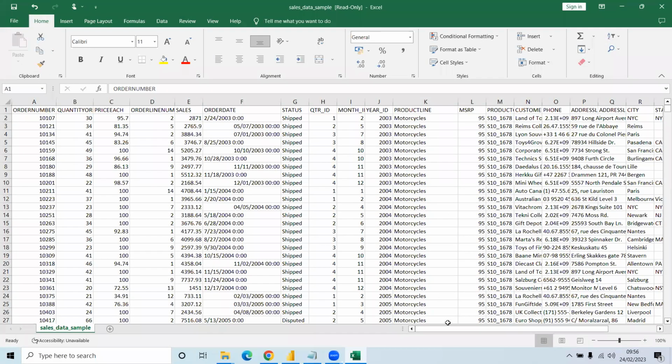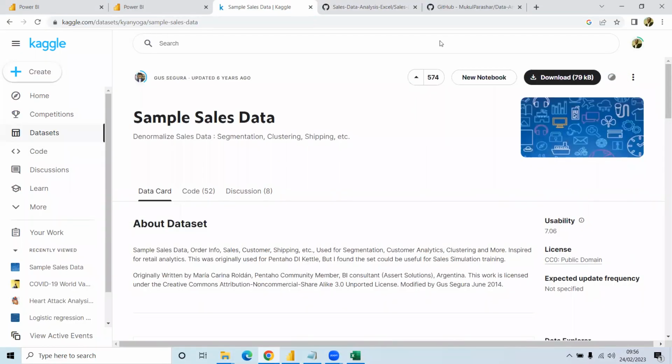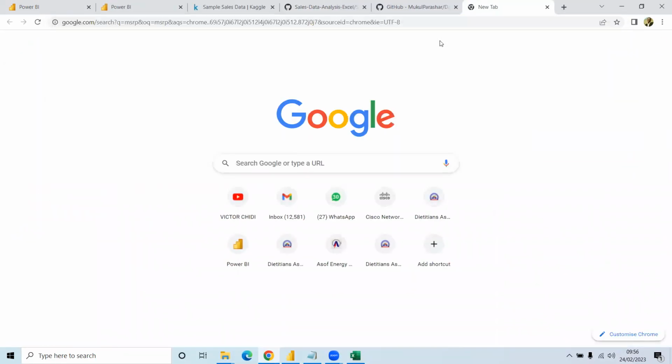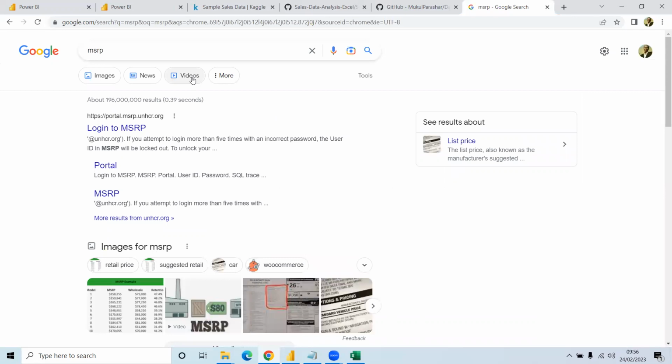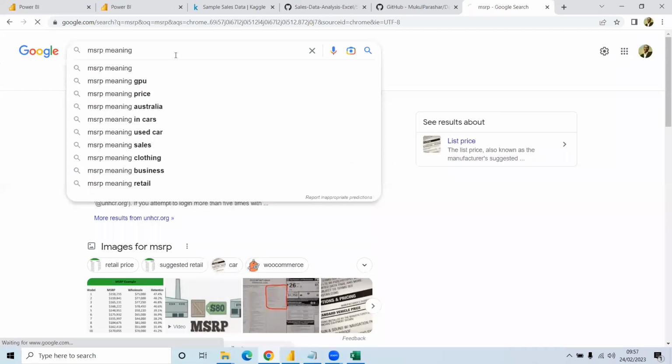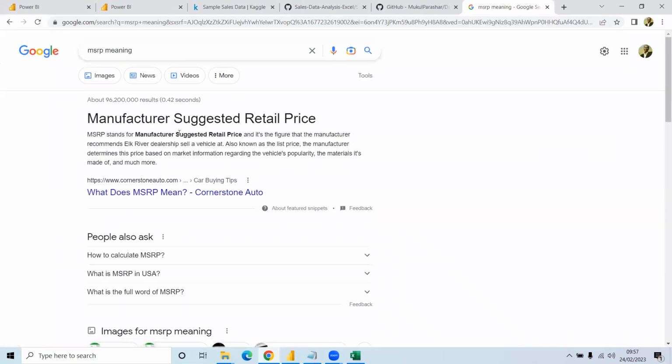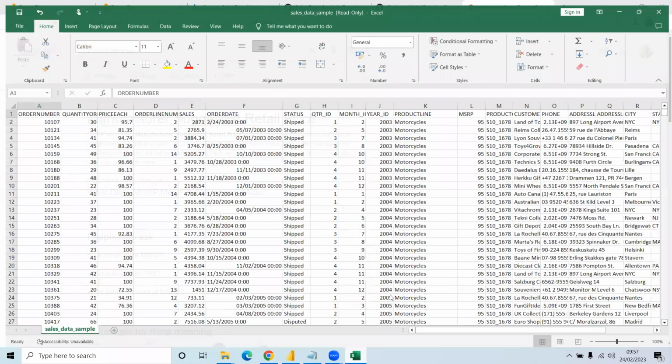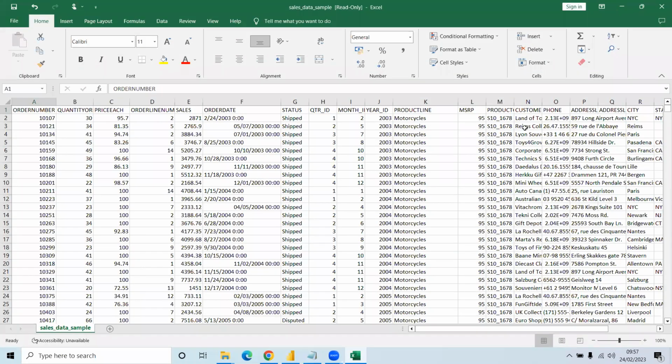So you have MSRP. MSRP should be a sales term, a type of pricing. Okay, manufacturer suggested retail price. Yes. So what the manufacturer is suggesting that you sell that particular item for. Of course, you are going to have your own sales price, but you want to make sure that you're not selling far above that price. At times we call it recommended sales price,